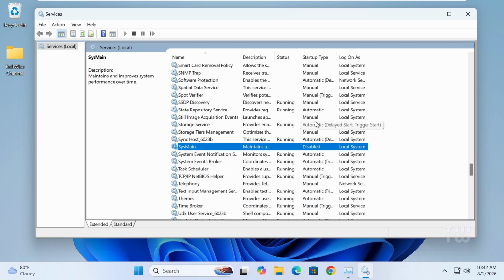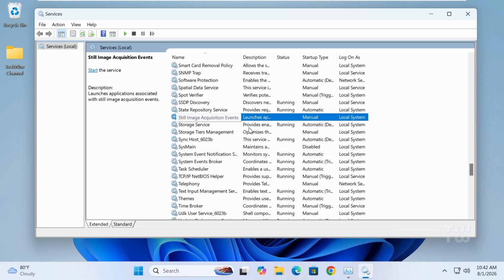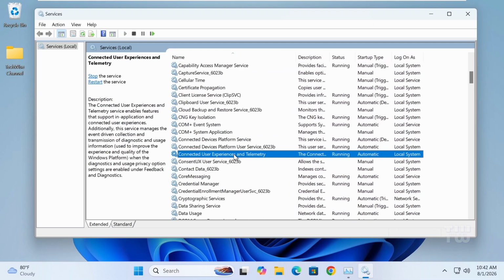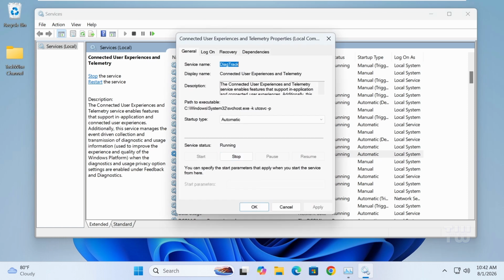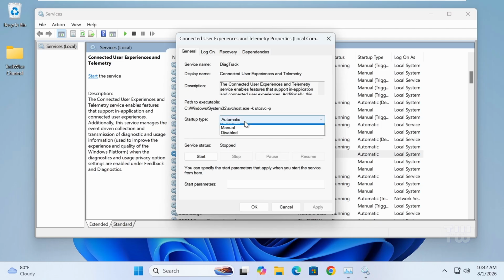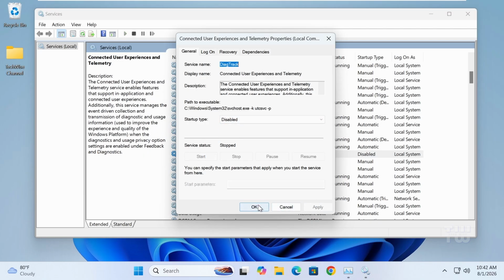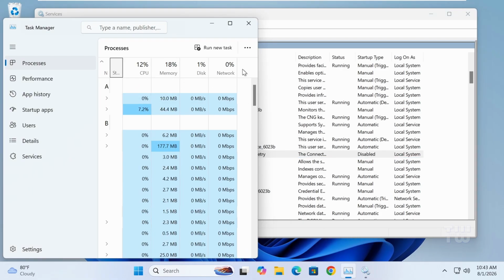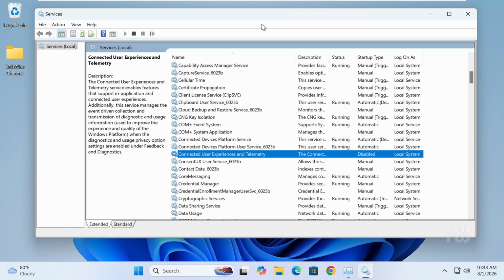Now, another background service that is constantly reading your drive and consuming CPU cycles is Windows Telemetry. While inside the Services window, press the C key on your keyboard and look for Connected User Experience and Telemetry. Double click on it and click on Stop to stop the background service and change the startup type to disabled. Then click on Apply and OK. By stopping the service, it will stop Windows from constantly gathering and writing background diagnostic data to your drive in